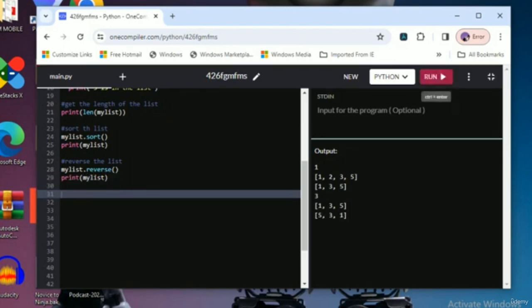So it's 5, 3, 1. As you can see, it came in the reverse order. Well, I can hit run again. It's still the same. So this is the point I wanted to teach you, by differentiating the list